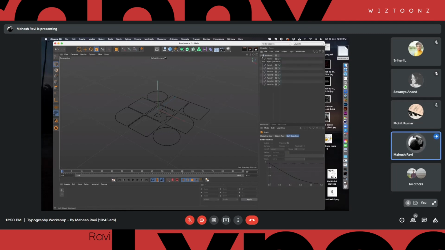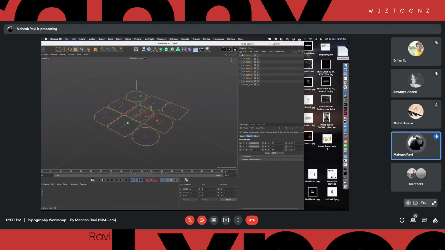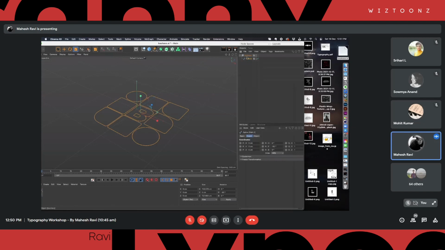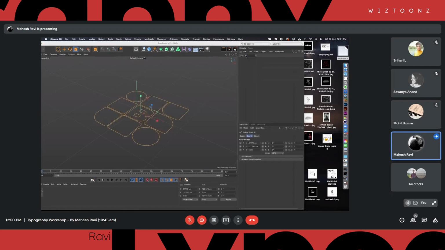So you can see that when you open the file called Boas, if you click it open, you can see all the paths that we have created, right? All these are different paths. So I'm going to select all of this and merge it all together. Don't worry about these tools and stuff, right? I'm going to merge it into one object and take it out of this group. I don't need the group here. I'm going to call it shape.